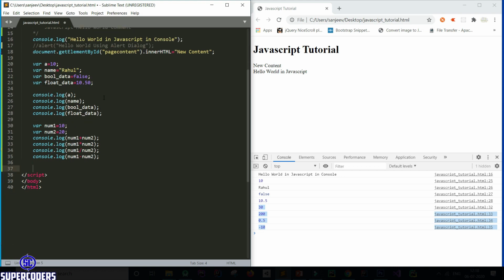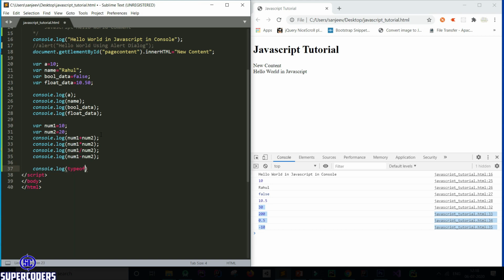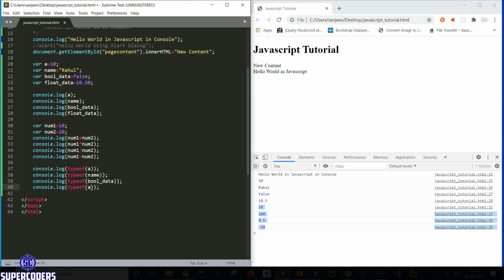Now printing every variable's data type. So let's print the data type. Just use this method: console.log typeof, and pass the variable name. First passing a, then passing name, then bool data, then float data.